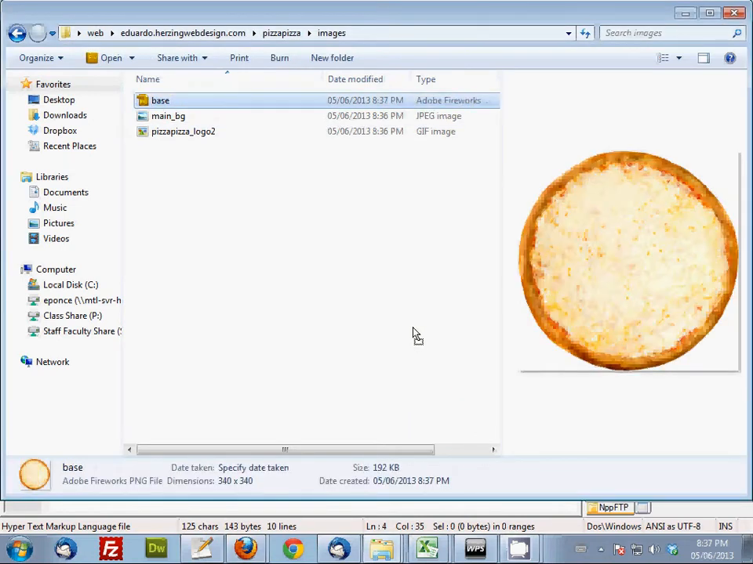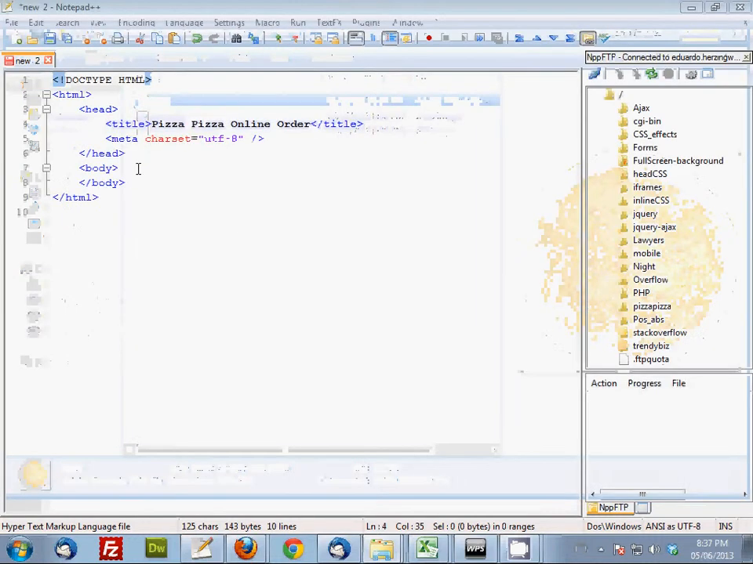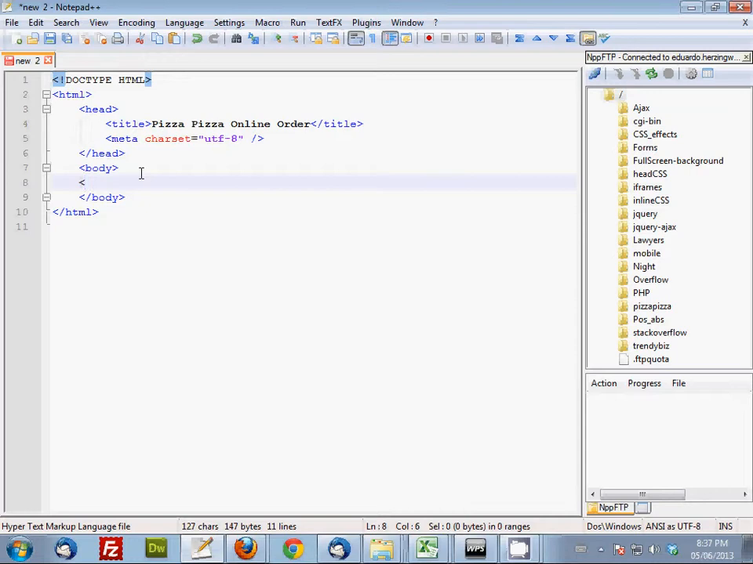Good. Alright, let's start with that. So, very fast, let's create our header. Put image, source,